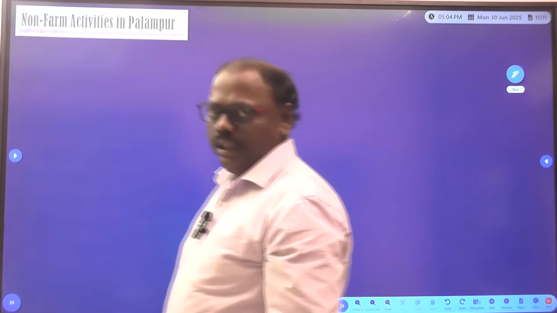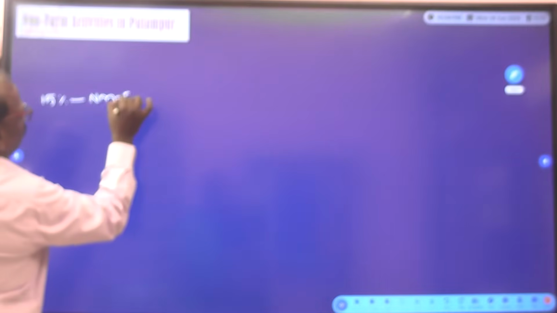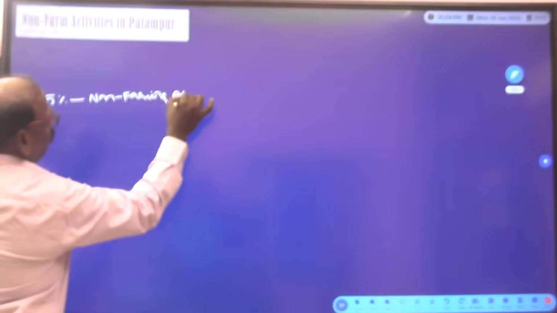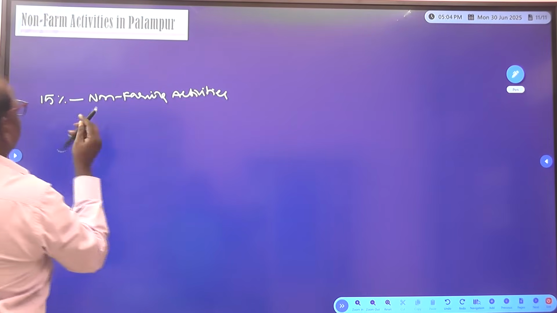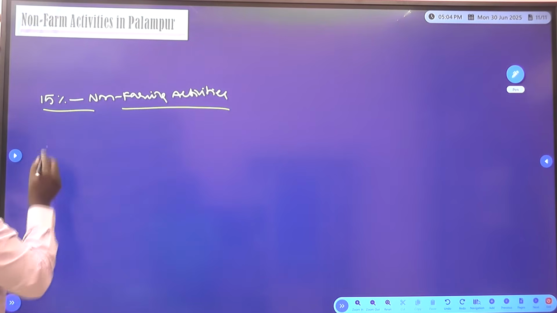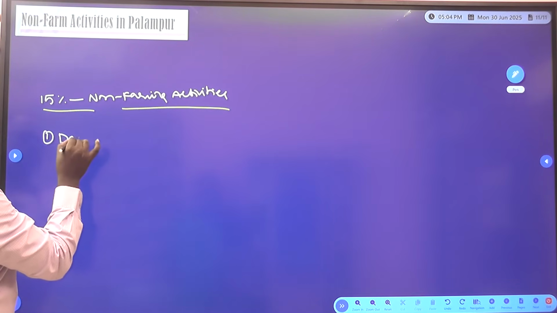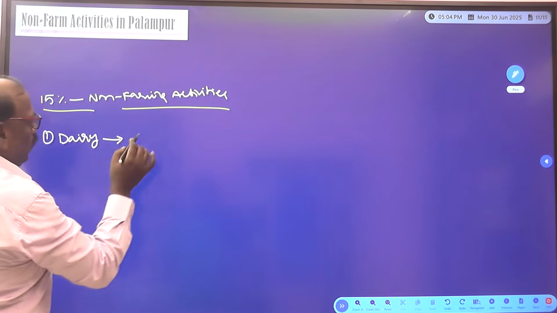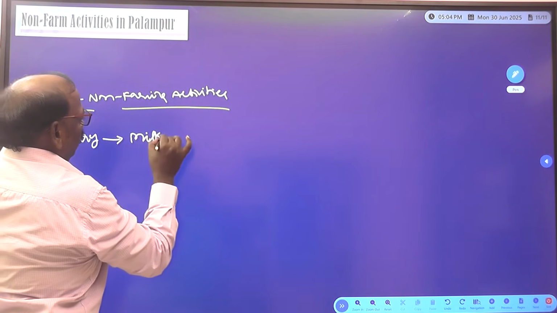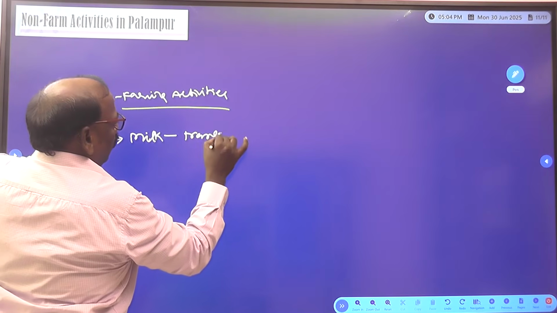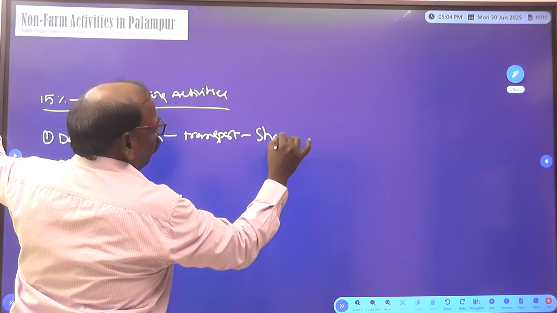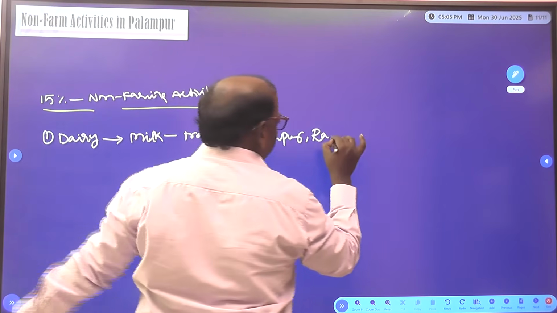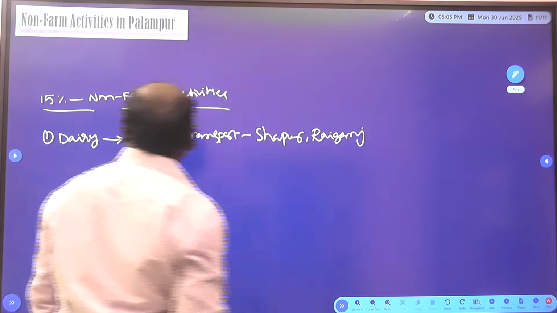Now, till now we have seen the farming activities. We discussed that 15% of the people are working in non-farming activities, right? So what are those non-farming activities? The first one is dairy, through which they transport their milk to Shahpur, Raiganj and all. Next is